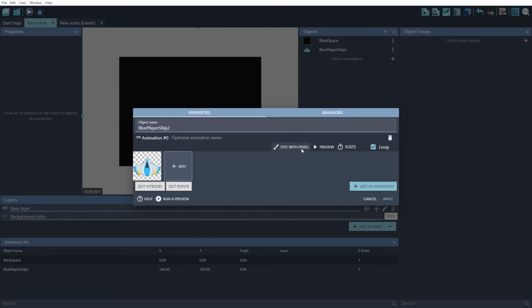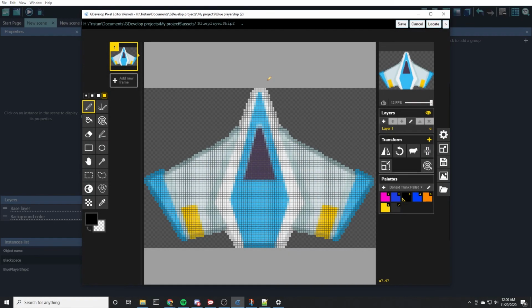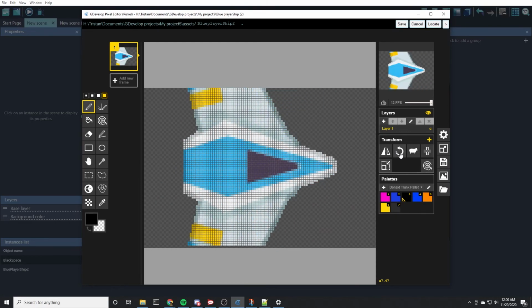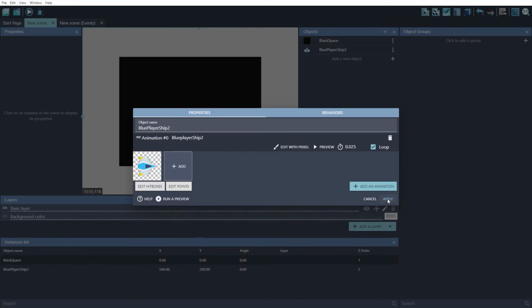the ship with Piskel. And the easiest thing to do is counter this transform. You just click on this rotate button, basically. We're going to do it till it faces right. Okay, now our ship is facing right. You have to hit save, apply,